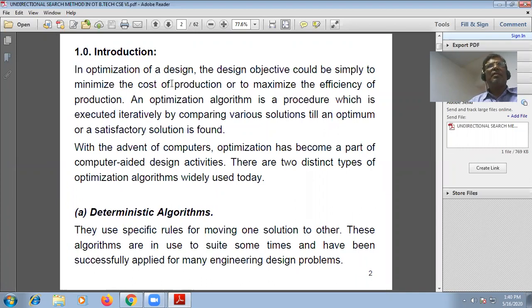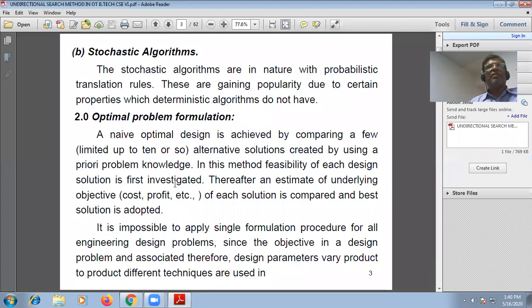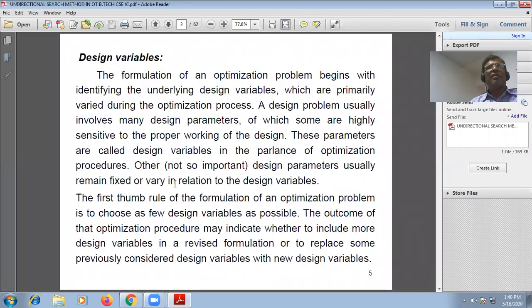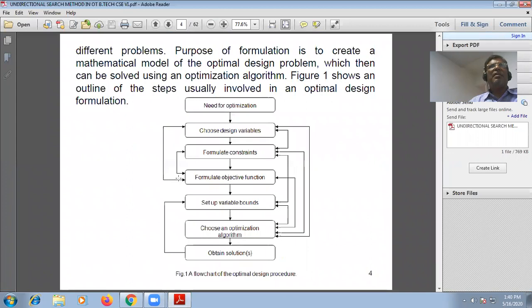We have already discussed this. Deterministic algorithms, and see here, the purpose of formulation of any problem in optimization is to create a mathematical model of the optimal design problem, which then can be solved by using an optimization algorithm.